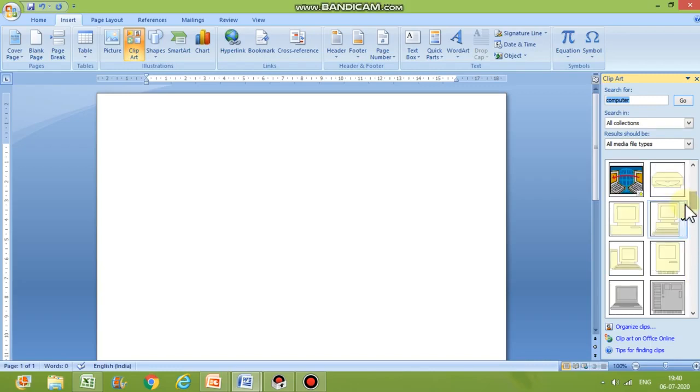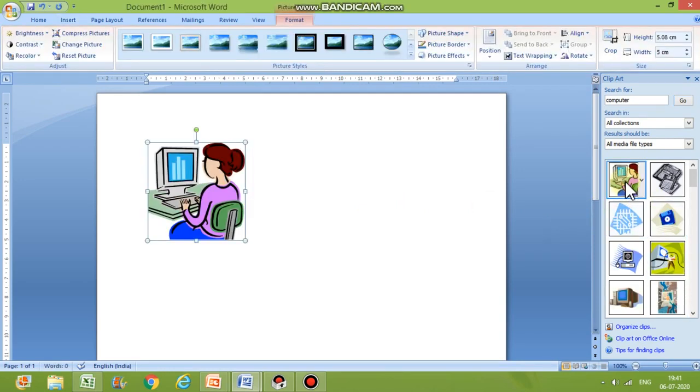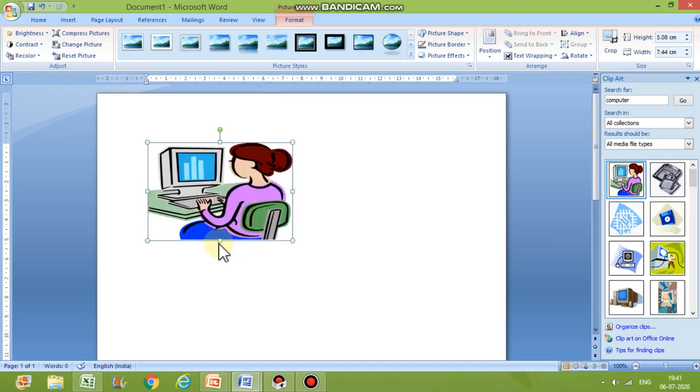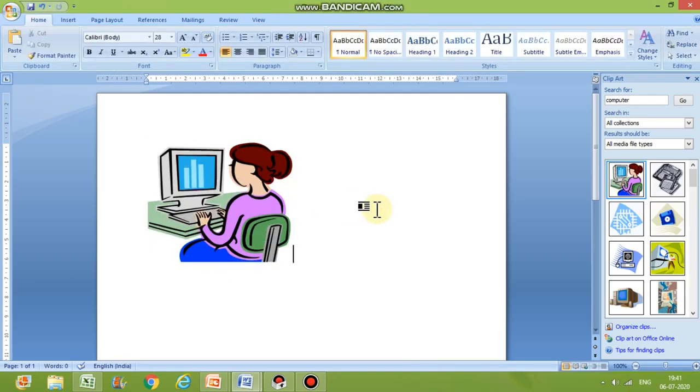But these are present here. I want it to add into my document here. So what I will do, whichever picture I like, I will double click on the same and I will get the same. So this is the way to add a picture in clipart. Okay, you can do many changes with clipart also, right? And you can resize it, you can make it bigger or smaller depending on your requirement, right? So I have added a clipart.